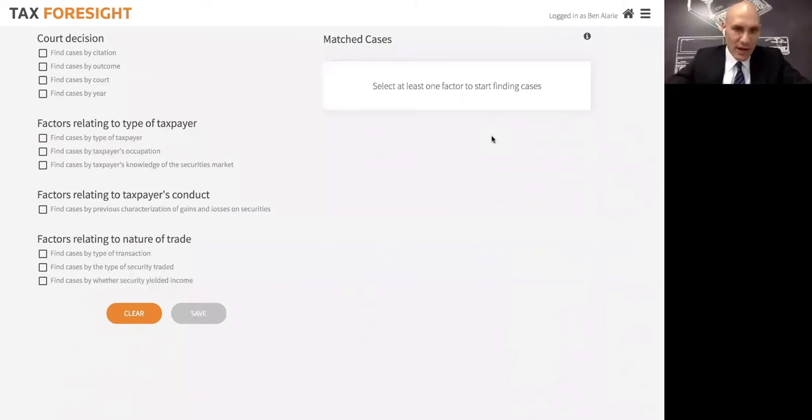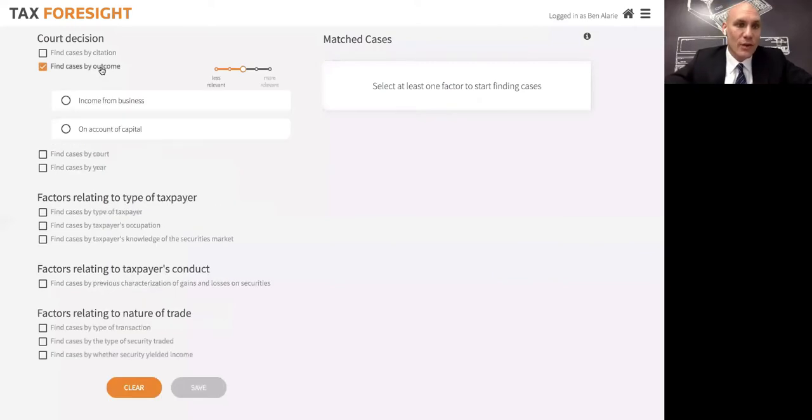One of the ways to find those cases, of course, as we've been looking at the classifiers, is with that list of similar cases, and you get a brief outline of how those cases turned out. You get the one word, either business or capital, there in that list at the end of the classifier on the result screen. Here in the case finder, you can search by all the different facts that you think are really important, so including the outcome.